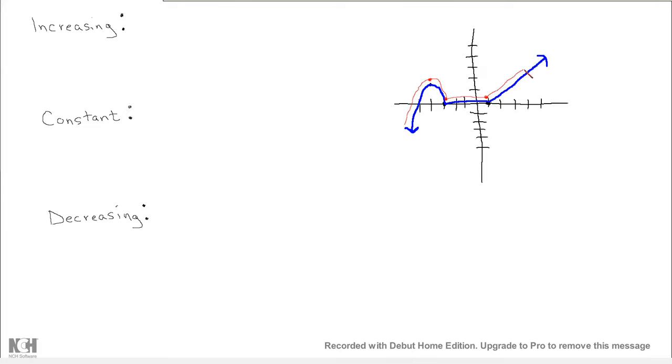So I just trace the graph with a finger or with a pen or whatever and start on the left-hand most side and see what I'm doing, and put a little point each time I change what I'm doing. Here I stopped increasing and started decreasing. Here I stopped decreasing and started being constant. Here I stopped being constant and started increasing. So now to answer these problems,